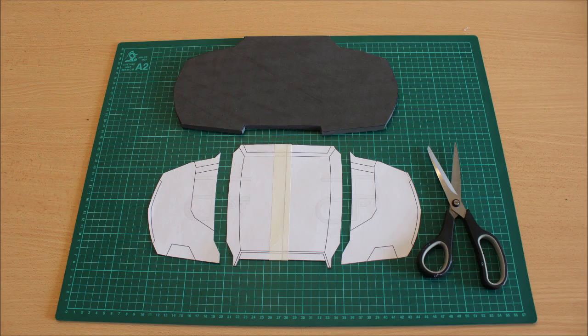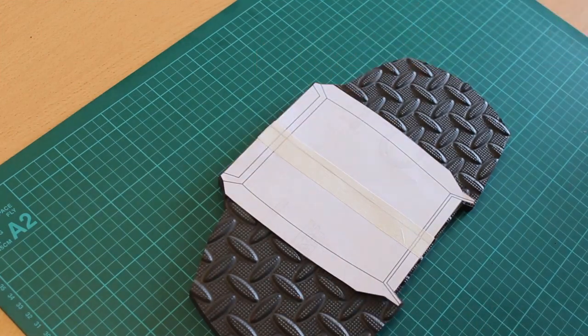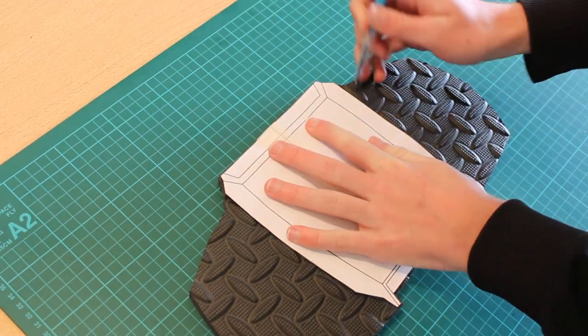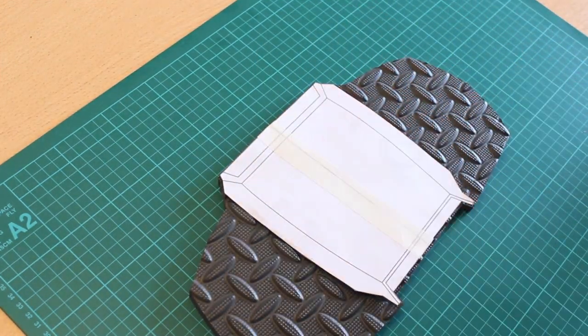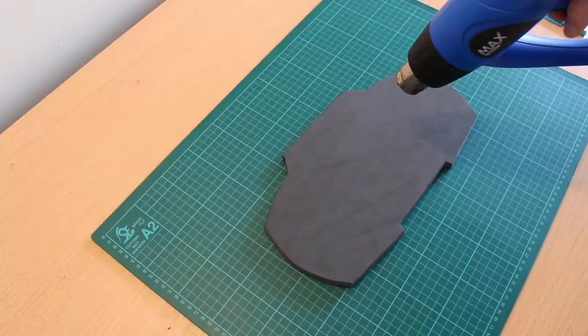Now you can grab your initial template and cut it into these 3 pieces. What we're going to do is grab the center piece, flip over the foam, and on the reverse side, trace out the center piece. The reason we're tracing out the center piece, as you can see those lines there, is because we're going to now